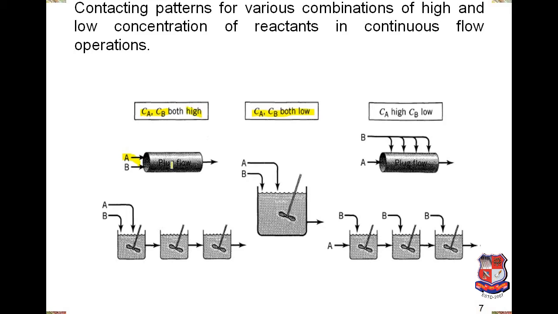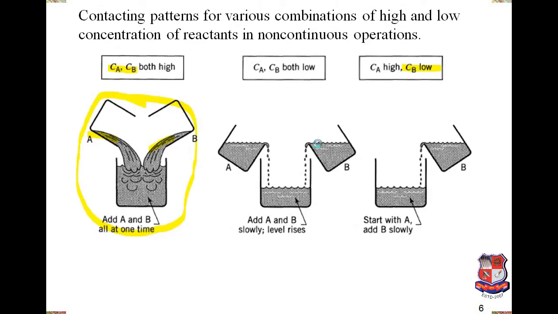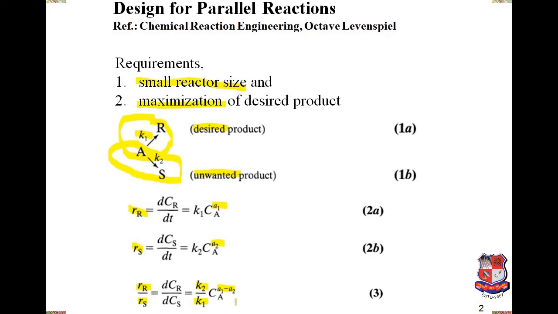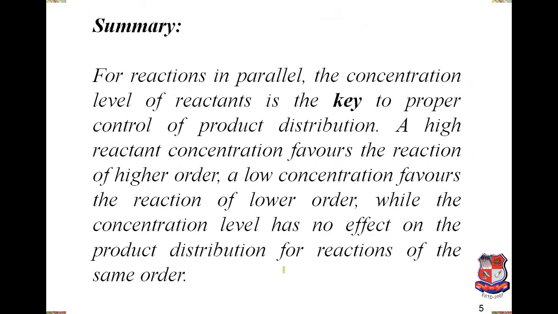Here is high CA and CB, which means PFR; low CA and CB, that is the CSTR; and one component is high, like CA in a plug flow and CB in a small addition, that is an intermediate addition in the plug flow reactor. And so both the CA enters in a vortex, and CSTRs in series, plug flow with branch addition, that is CA high and CB low. So with reference to specific conditions we can add it. In the previous cases we had only one reactant, fine. But if there are two reactants and different concentrations come into the picture, we have to make a similar selection, any one of these.